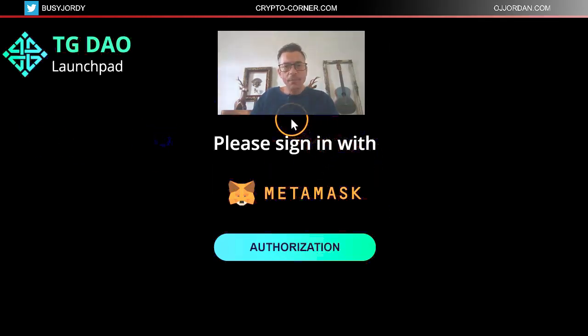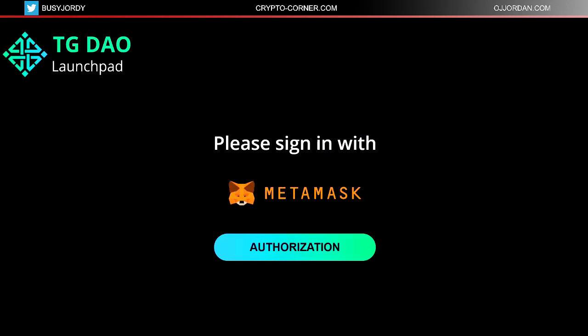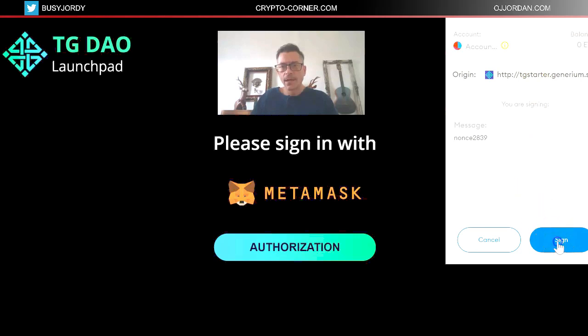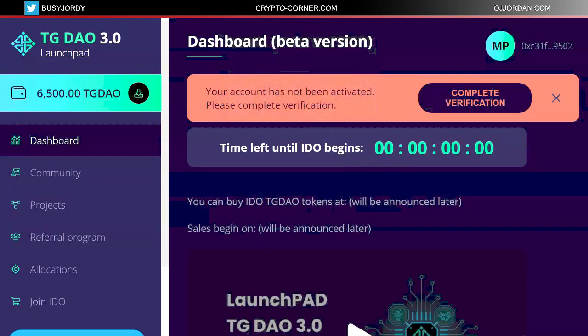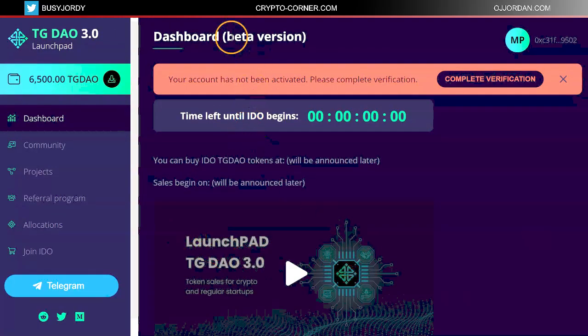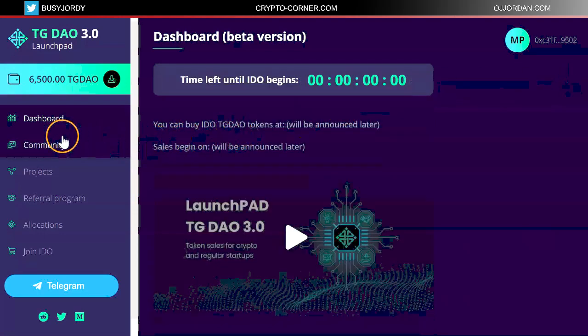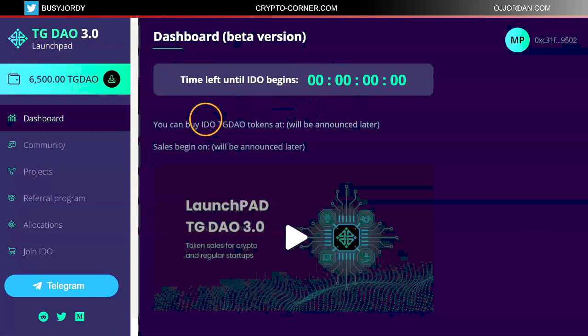So I'm connected. Let me hide my camera so that we can see things better. Let's go to authorization. Okay, and I'm going to sign. You can see here that it tells me that I'm not verified. Of course, if I want to be interacting with this, I need to complete these steps first. As we see, this is a beta version, so soon they will be actually releasing it officially. This is still in testing stage, and I'm not going to be doing the verification at this point. I will be doing it later on, but it is pretty much the first step.